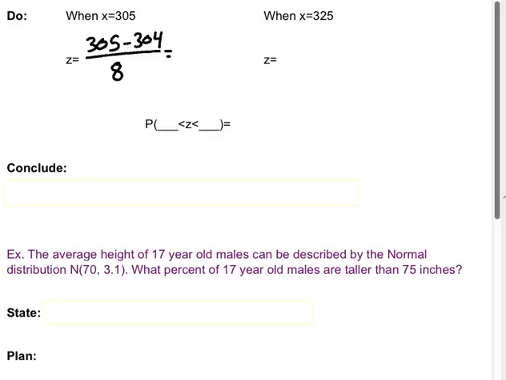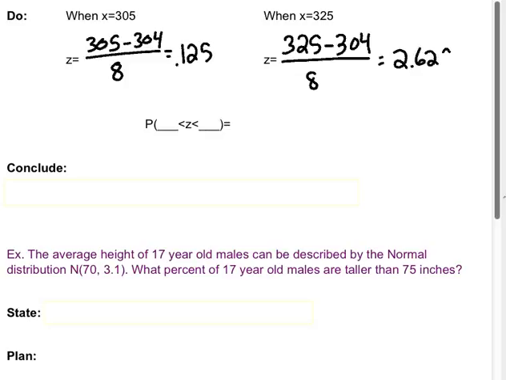So 305 minus 304 is 1, divided by 8. So that has a z-score of 0.125. And then this one, your observation minus the mean divided by standard deviation. So 325 minus 304 is 21, divided by 8, has a z-score of 2.625. Okay,